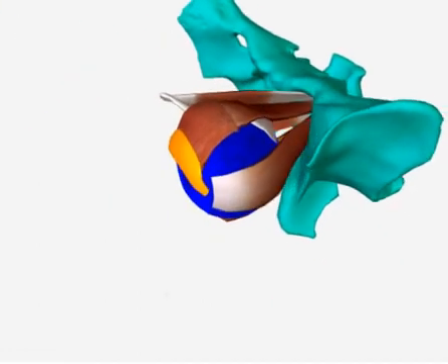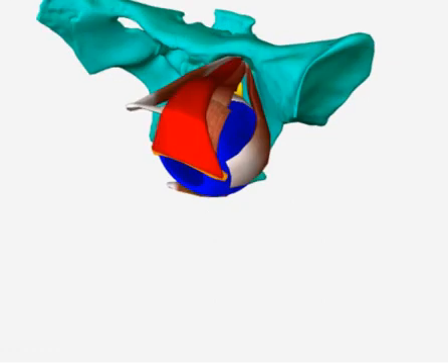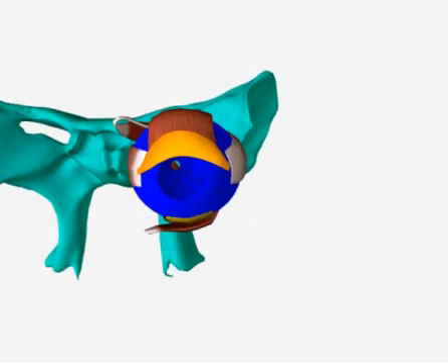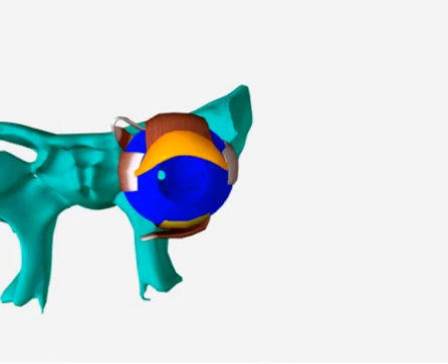Next is the superior tarsal muscle. It is going to take its origin from the deeper surface of the levator palpebrae superioris muscle and have its insertion on the superior tarsal plate. So it has its origin from the deeper surface of the levator palpebrae superioris muscle and its insertion on the superior tarsal plate.